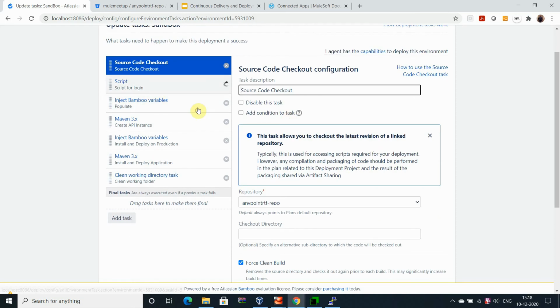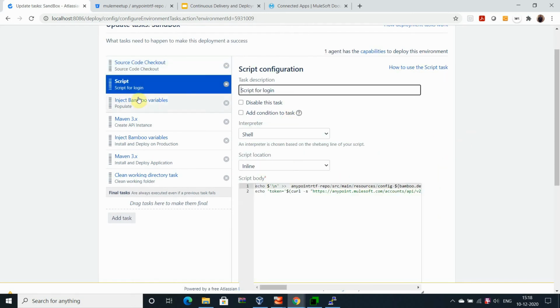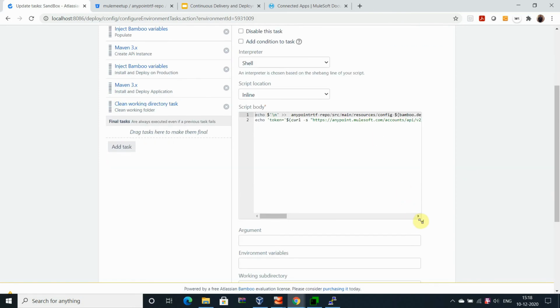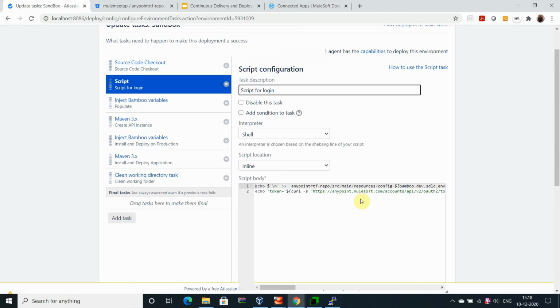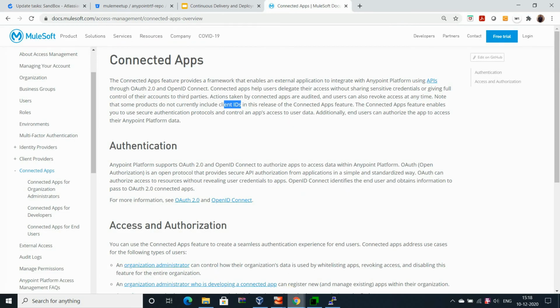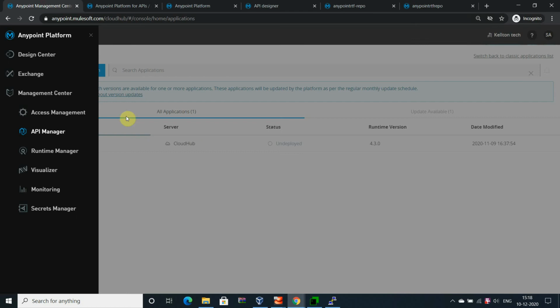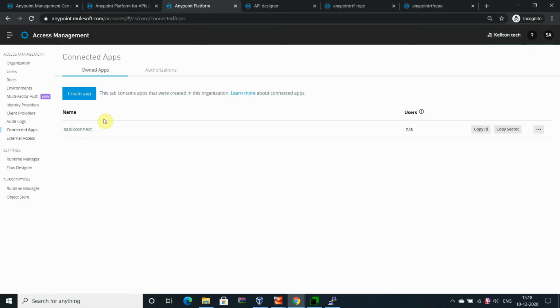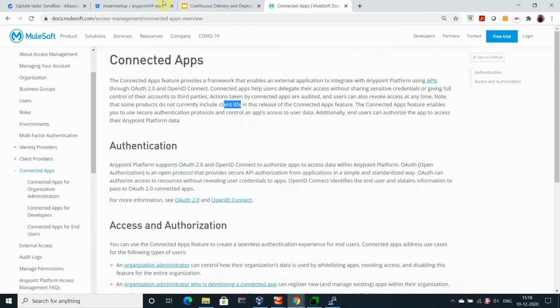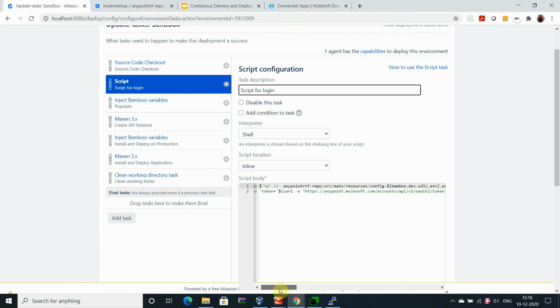Now you can see what I have to do here: I have to make a request to extract the operation. I have to get the token with the help of the connected app, the connected app which I have configured here. I have to use that client ID and secret. Although I am demonstrating here with the client ID and secret hard coded, you can definitely pass them as variables, as I am using many variables here, but just for demo purposes I am keeping them hard coded.